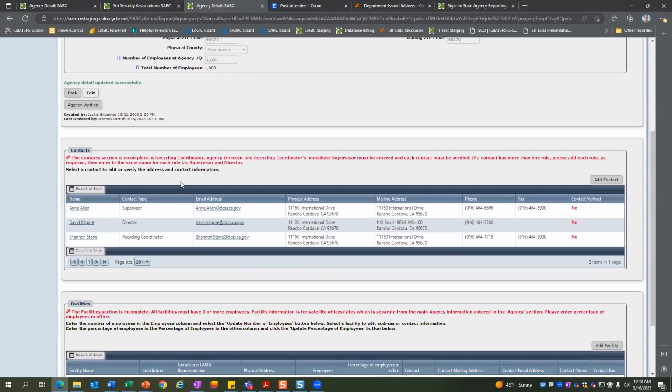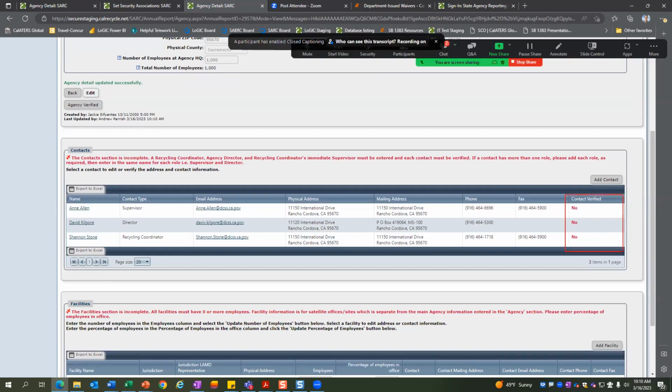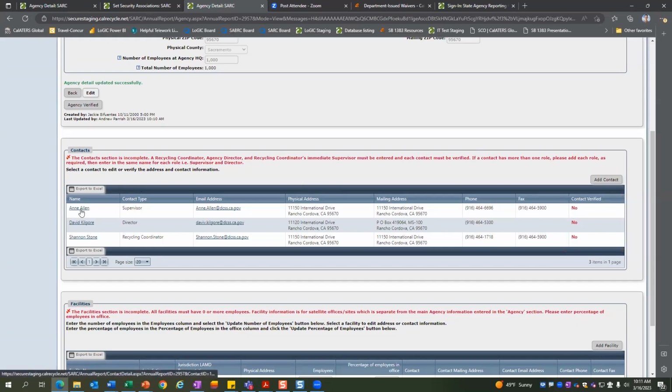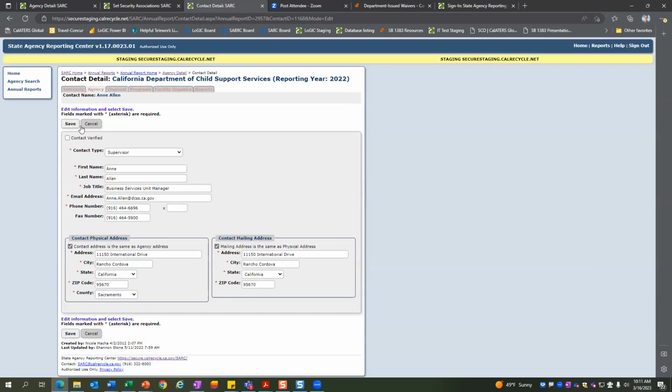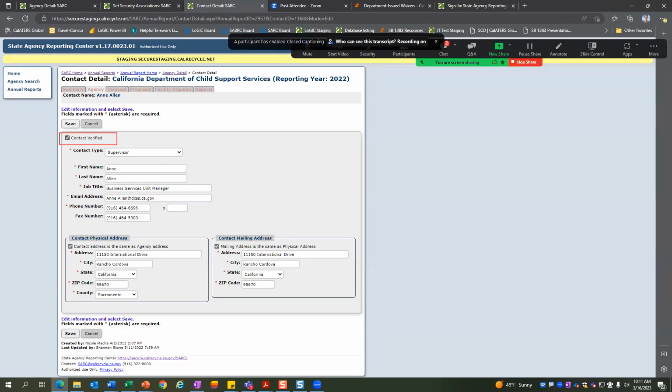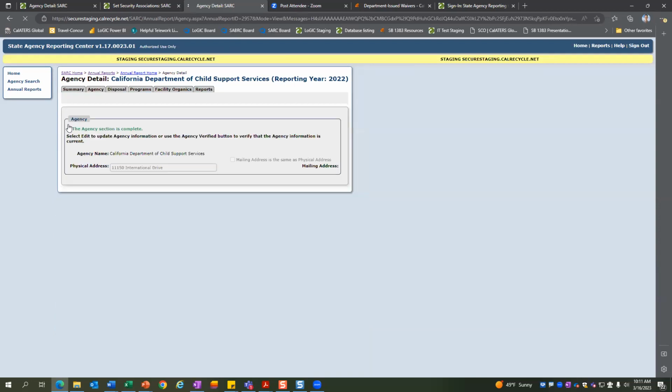All right, the contact section may not need to be updated, but you do have to verify the contacts. So you can see over here on the right, contact verified, no. You can also add contacts if you need to, or update contacts if you need to. And you do have to go one by one to verify them all. If there's no changes, edit, select contact verified here at the top, and save.